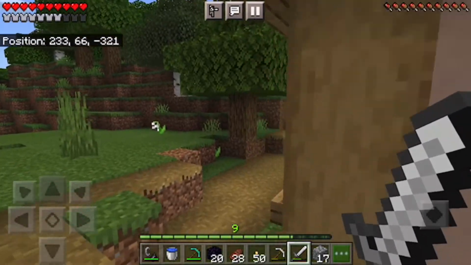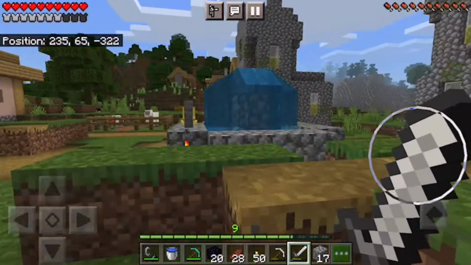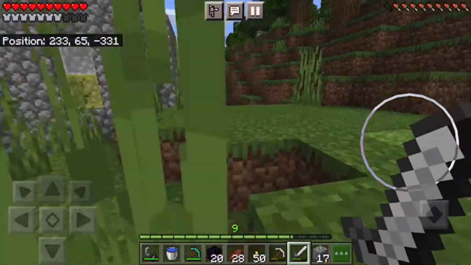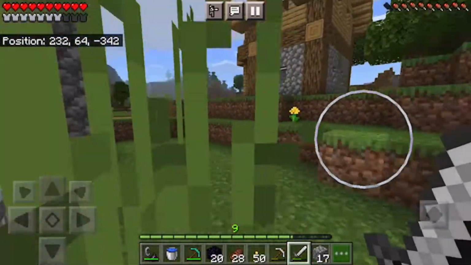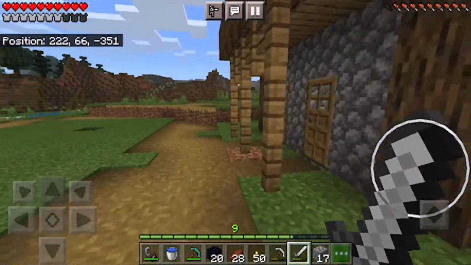But this is exciting. I love working with villagers in Minecraft. I think the Village and Pillage update was probably my favorite one that happened. See, there's a villager right there. And what we're going to do